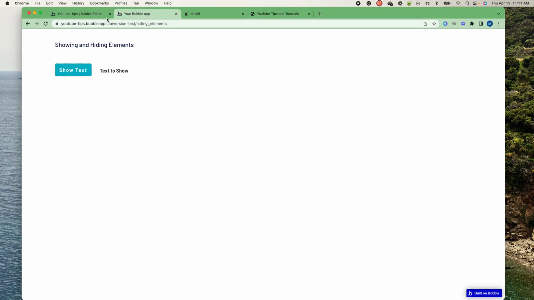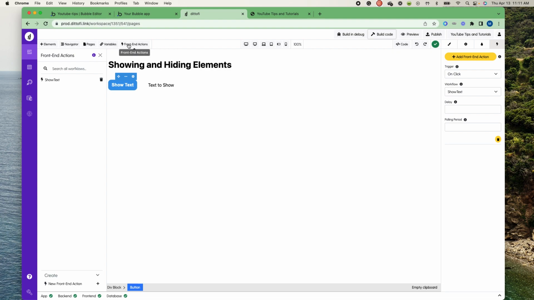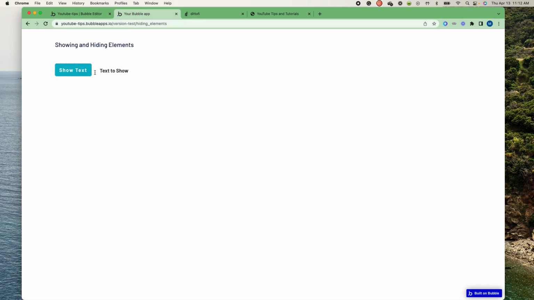So very similar interactions between this workflow and the Dittofi front end action, right? So if I look here, again, very similar. Now, let's say I want to do a few more fancy things. Let's say I want to change the button text to reflect if the text is visible or not, and also to hide on a subsequent click if the text is visible. So in Bubble,